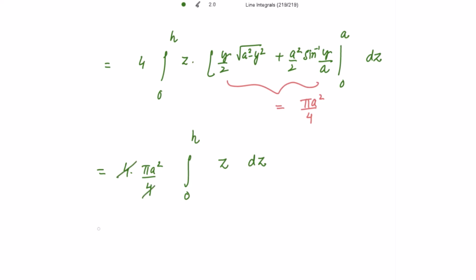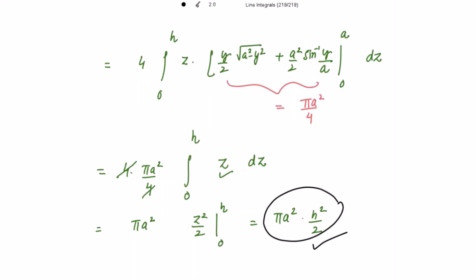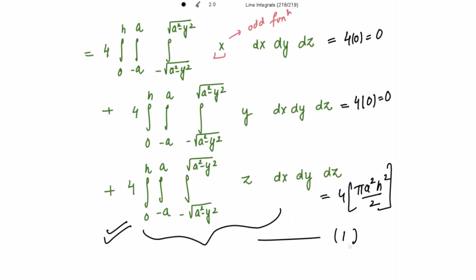So this 4 cancels out and we get pi a square. Okay, integration of z, that is z square divided by 2, limits from 0 to h. So this is equal to pi a square into h square divided by 2. So this is the value for the third integral. So this is equal to 4 times, and the value for this complete integral is pi a square h square by 2. So on marking this as 1,